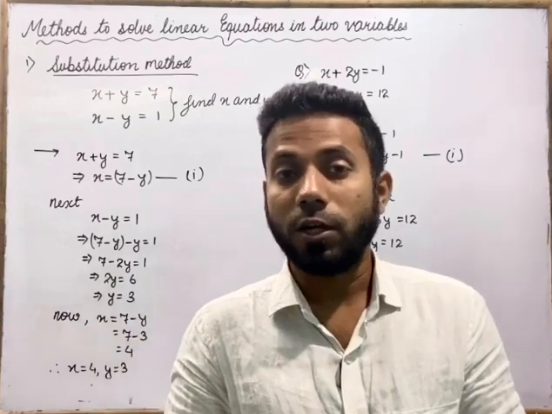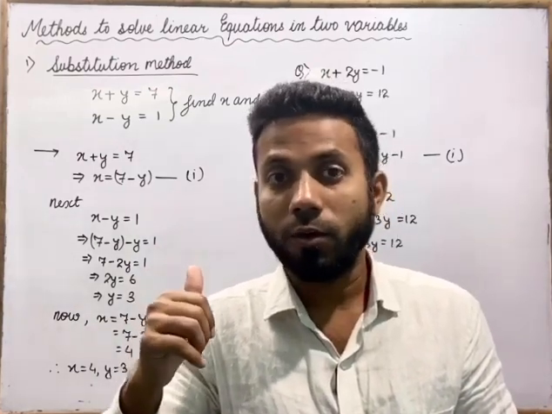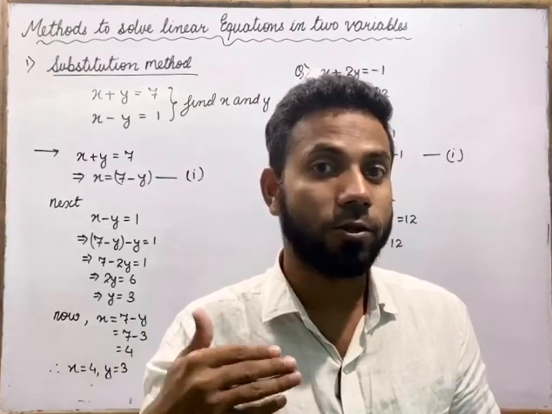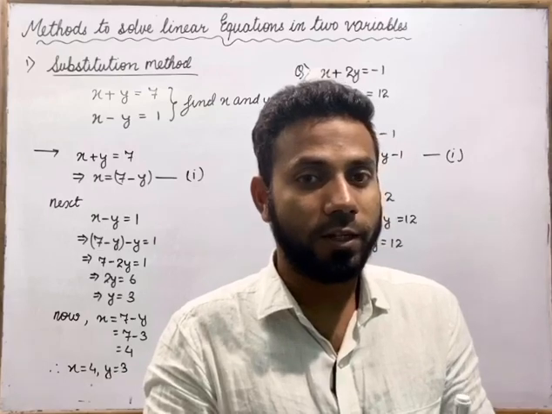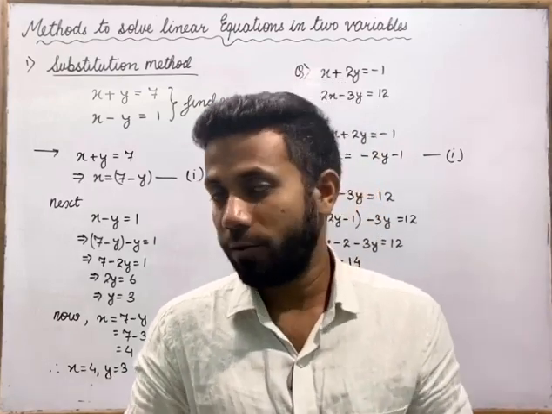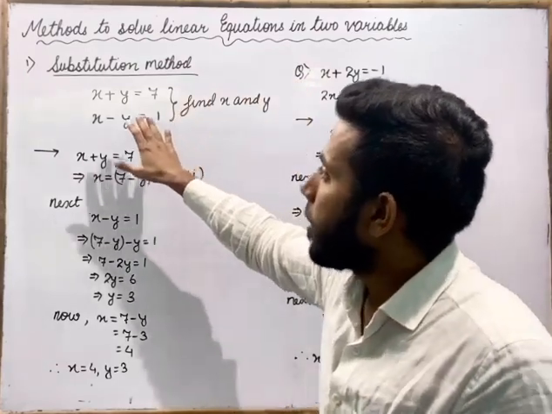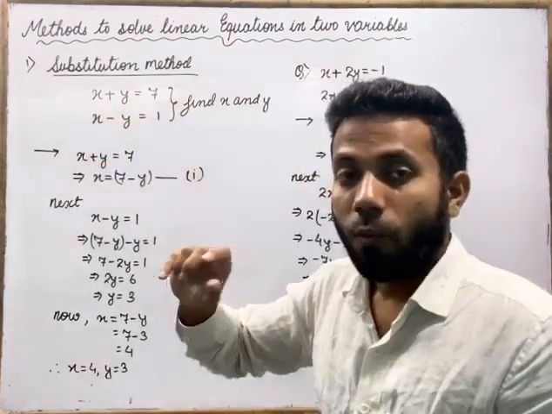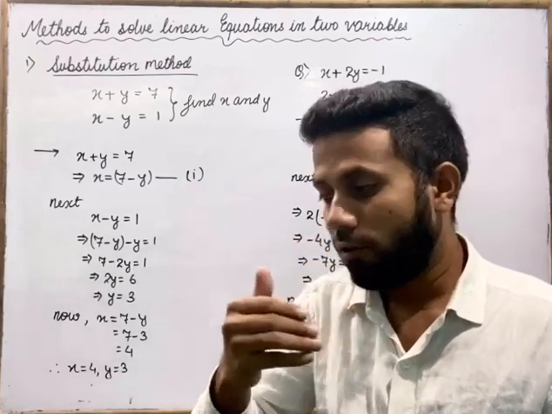Listen my friend, this chapter is in class 9, but what we are learning right now is of class 10, and this is very useful. When you approach class 10, you will understand it very easily. That is the reason I am teaching it right now. So now in these equations, the variables are in the numerator. What will happen if the variables come in the denominator? So let's see with a different question.